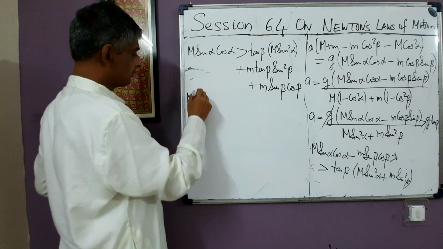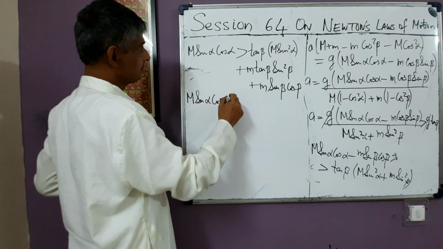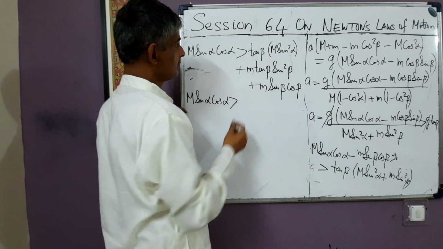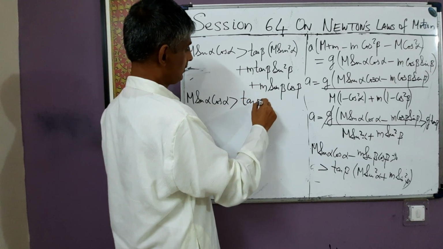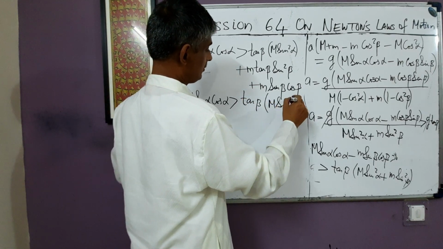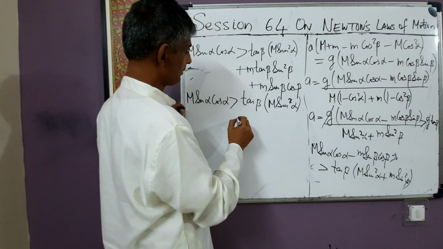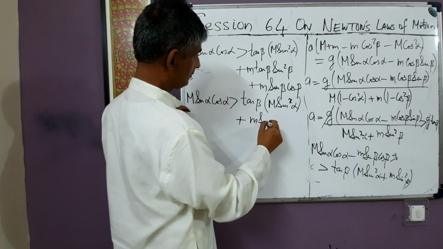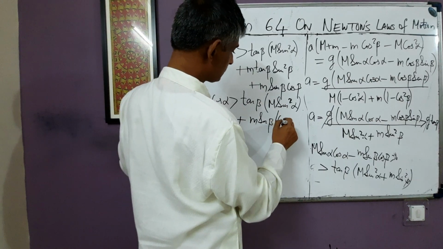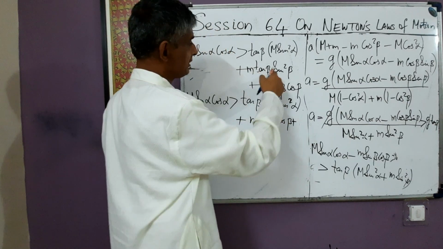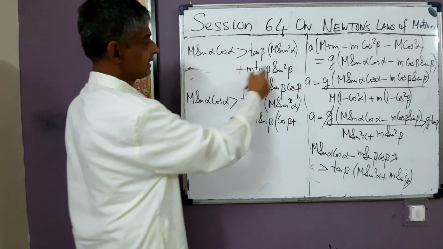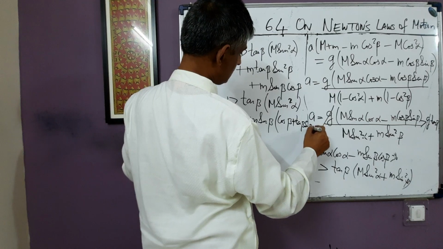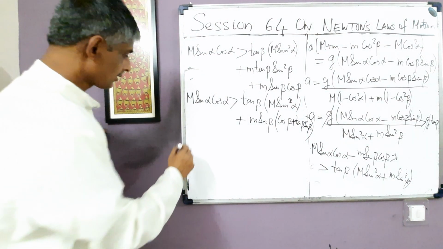So this becomes m sin alpha cos alpha is more than, now in this I take m sin beta common. Okay, M sin square alpha plus this is our right side of inequality, m sin beta common. So this becomes cos beta plus tan beta into sin beta. When m sin beta becomes common, so tan beta into sin beta. Okay. So this becomes